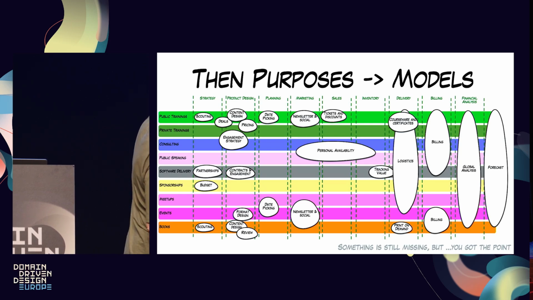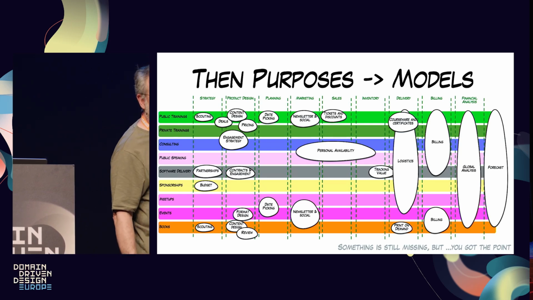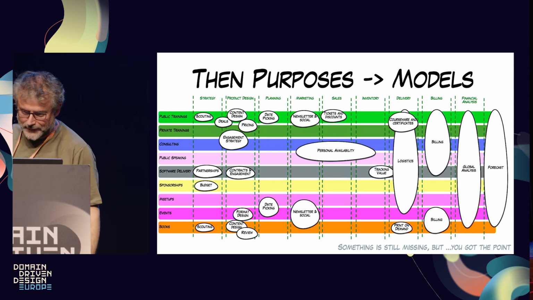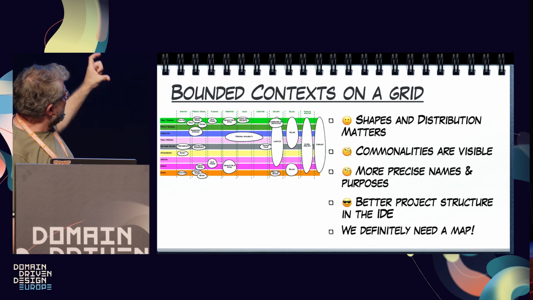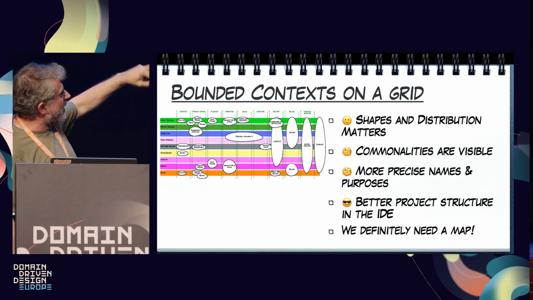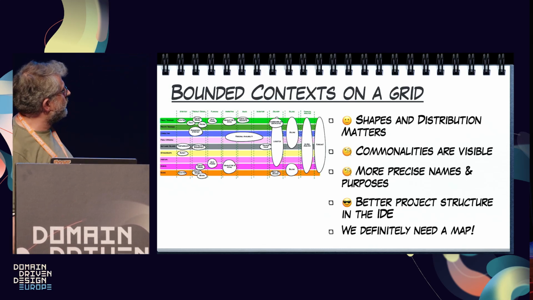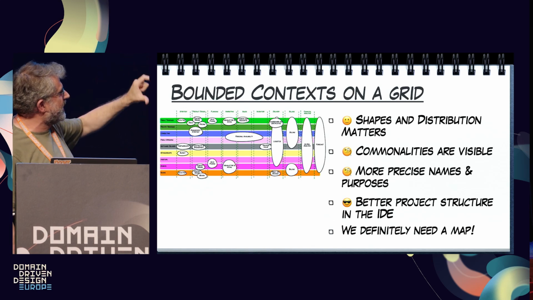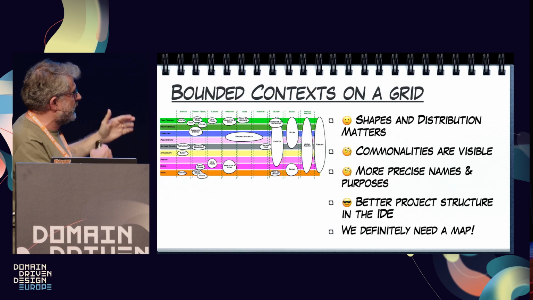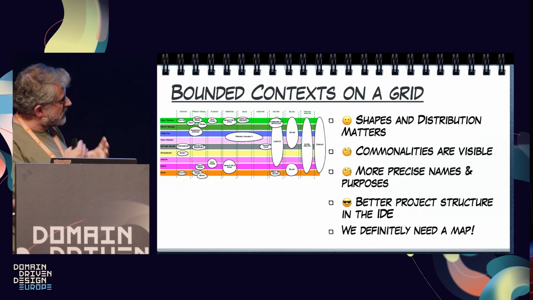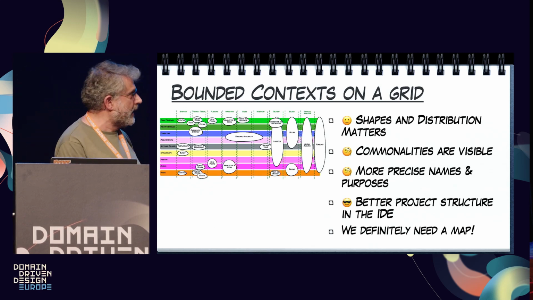Yeah, I clearly don't have a strategy for public speaking. That's one of the little holes that I discovered while preparing this. But you could see the areas which are more common to the others. You can have more precise names and purposes because you're referring to a smaller space. You're not contaminating what is only specific to a business line.